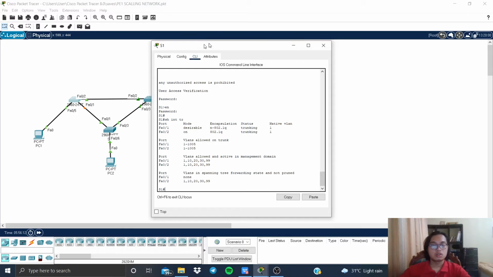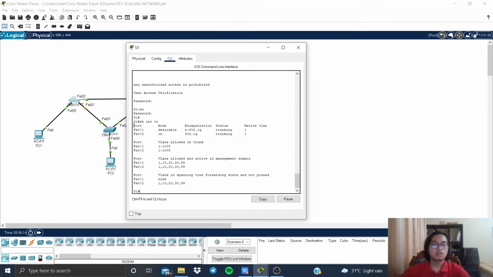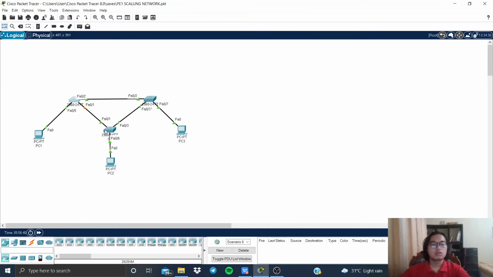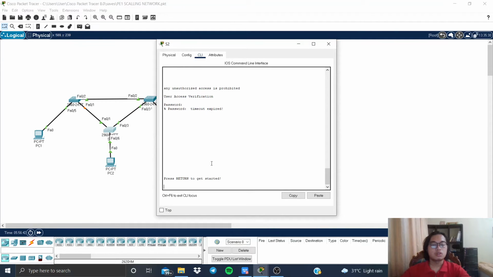Here we can see for switch 1, at port Fast Ethernet 0/1, I set it as DTP dynamic desirable. The mode is desirable, the status is trunking and native VLAN 1. For F0/2, the mode is on and the status is trunking. Then for switch 2,